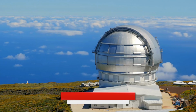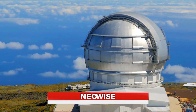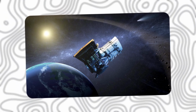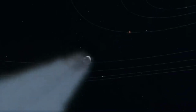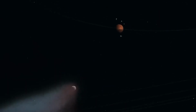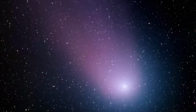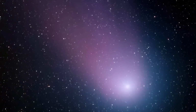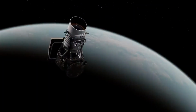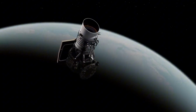This is where space-based observatories like NASA's NEOWISE come into play. NEOWISE, an infrared space telescope, scans the sky in search of asteroids and comets. Unlike ground-based telescopes, NEOWISE can observe objects in the infrared spectrum, detecting heat emitted by these space rocks. This capability is especially useful for finding asteroids that are difficult to spot with visible light due to their dark